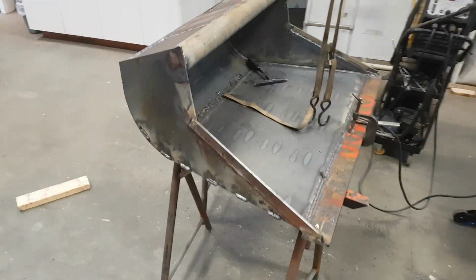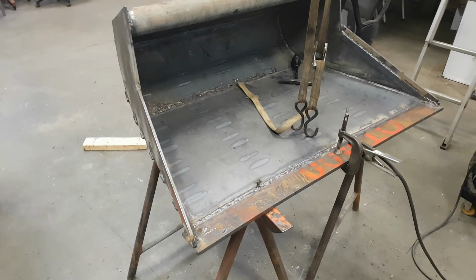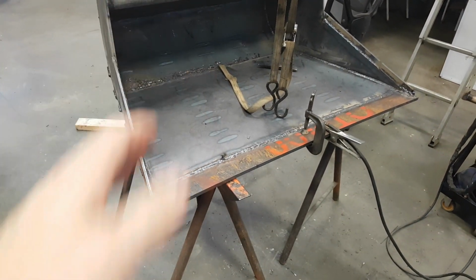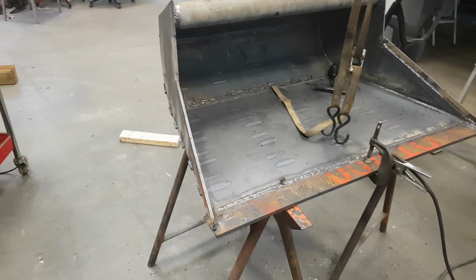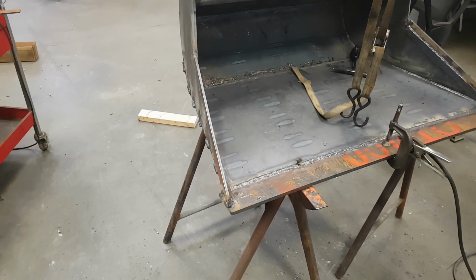I don't know how this shows up, if you can tell. The front of the bucket is about, what did I make it, like 6 or 8 inches wider than the back, so it's got quite a flare out to the side. That's intentional so that when you're grading, say, up next to a foundation wall or a footing or something like that,